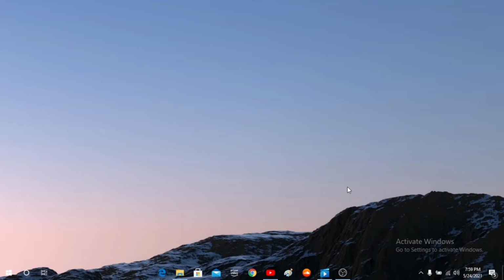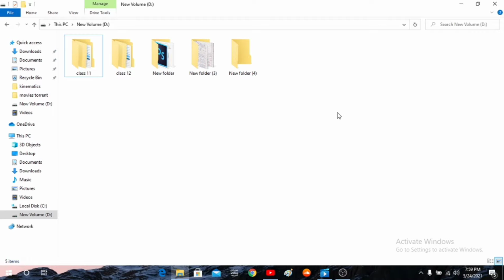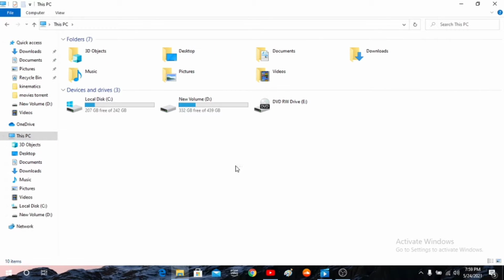How you can hide your folders or files or anything that you want. Okay, so let's go. First of all, click on the File Explorer and go to your desired location where your